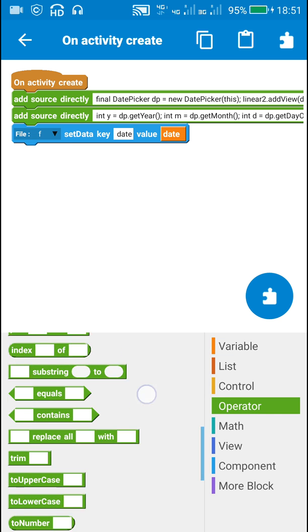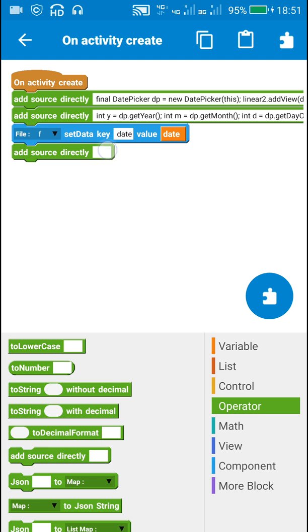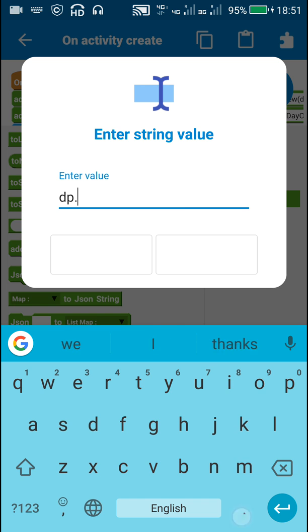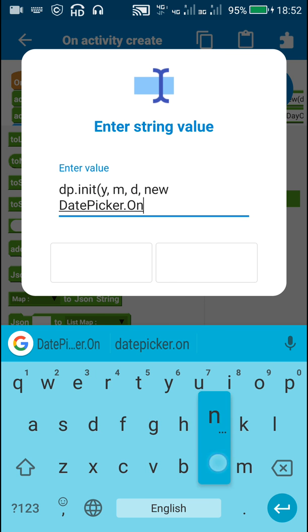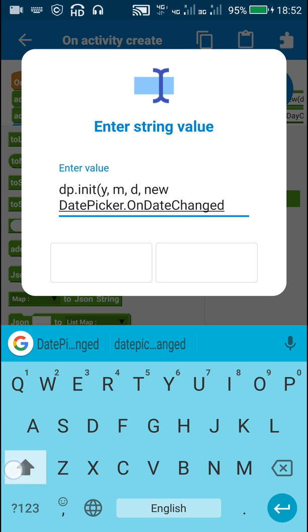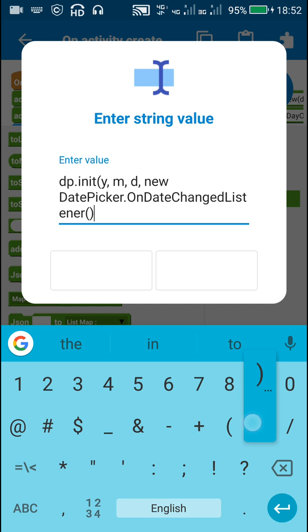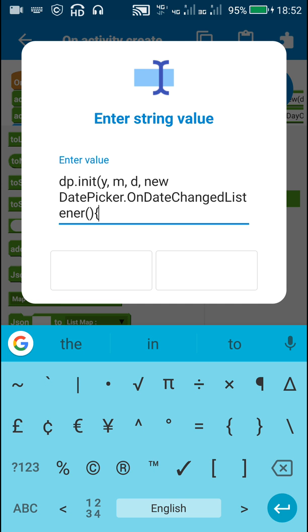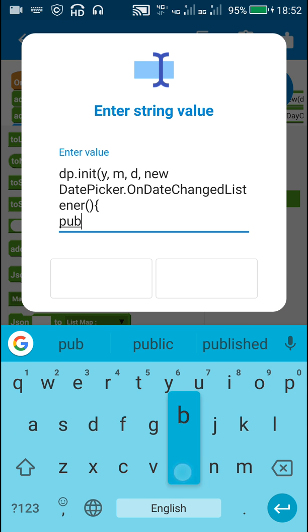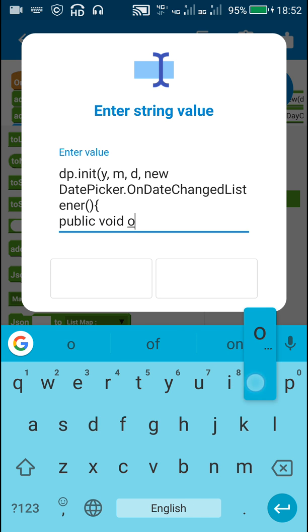Next I will set an on date change listener for this date picker by writing dp dot init, initialize. Next is y comma m comma d, the year month date. Then next I will write new date picker dot on date changed listener. And after this the curly bracket. Next line I will write public void on date changed,